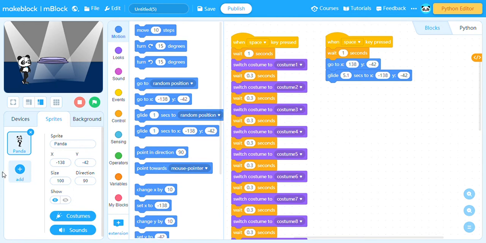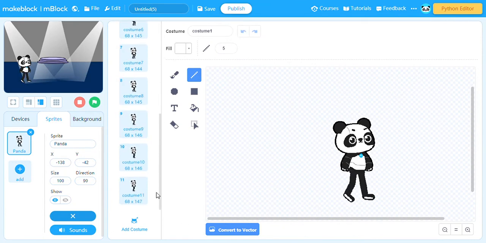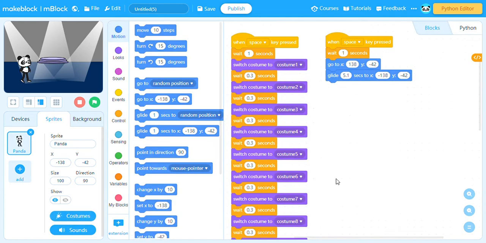If you don't want to make my kind of costumes, you can make your kind of costumes, but just check some other videos on how to do moonwalk dances. Okay, now let's come to the code. After you're done with your costumes, the code is: when space key pressed,